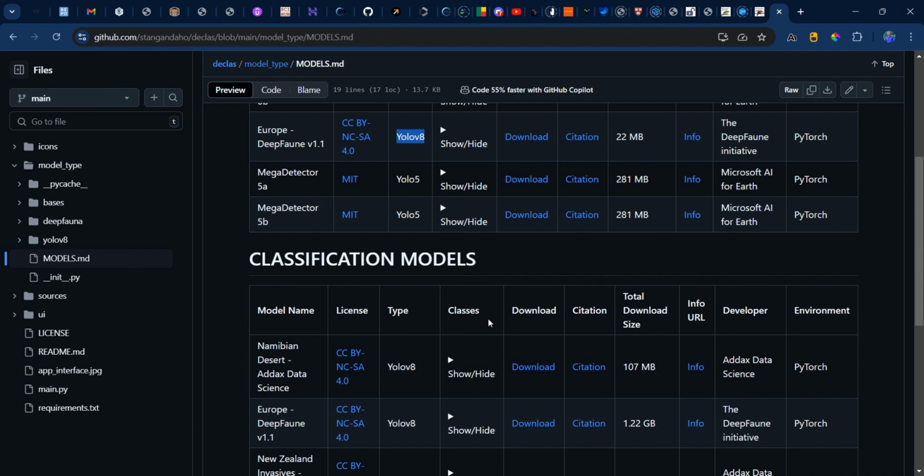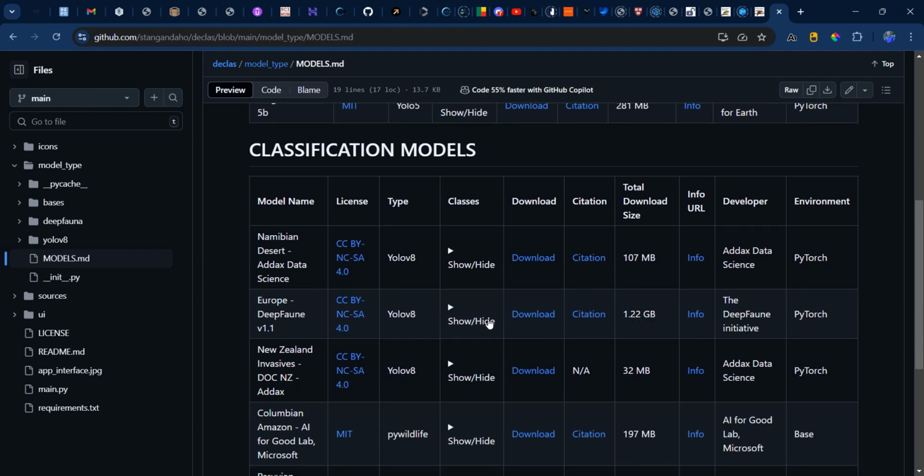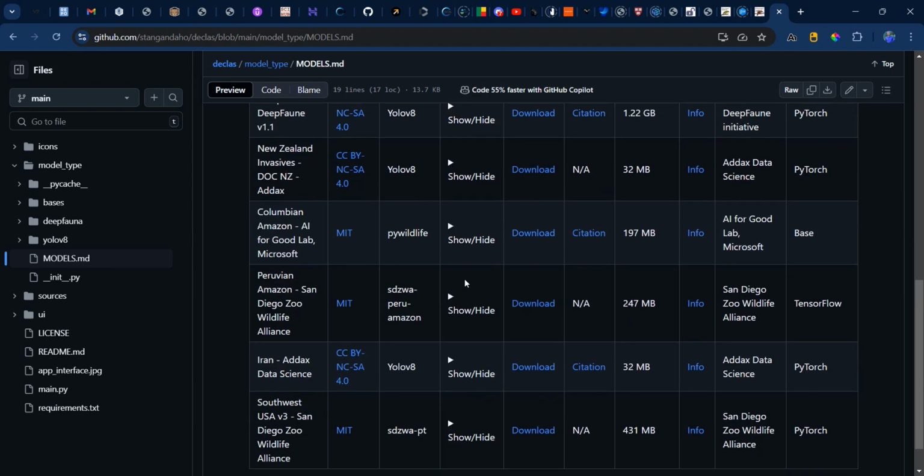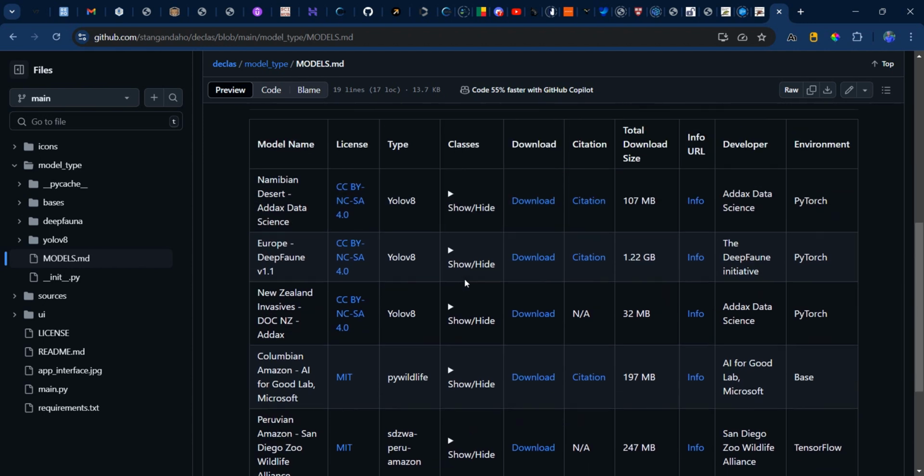So if you want to run classification, you can only use the model based on YOLO architecture 5. I will implement this in the future. You cannot use, for example, this model at this time, because I have not yet implemented classification for YOLO architecture 8.